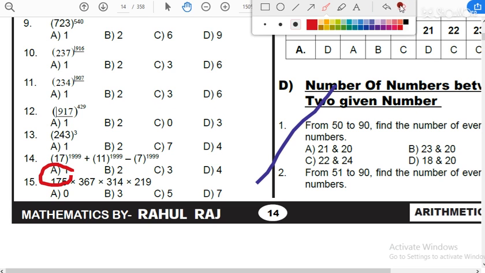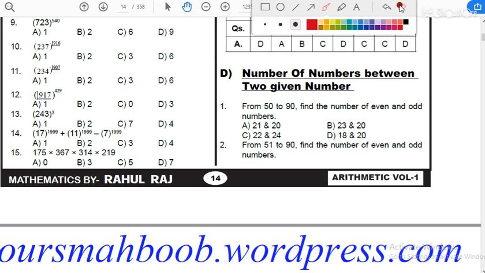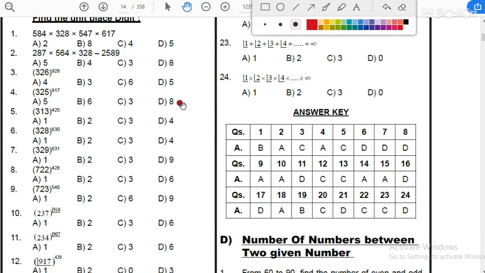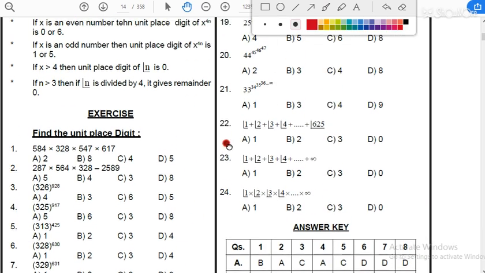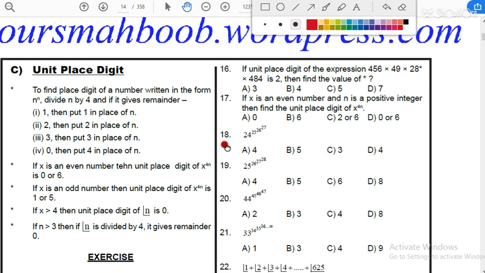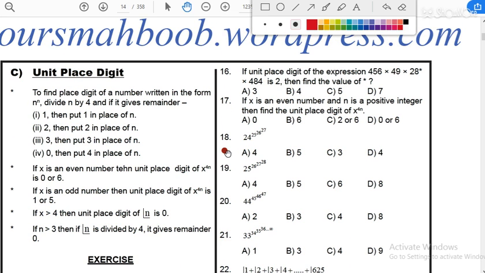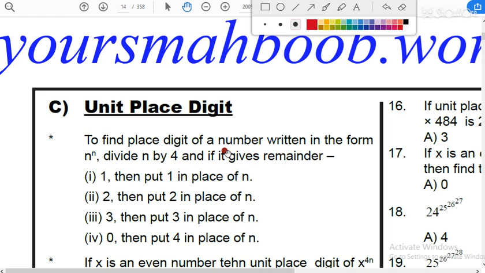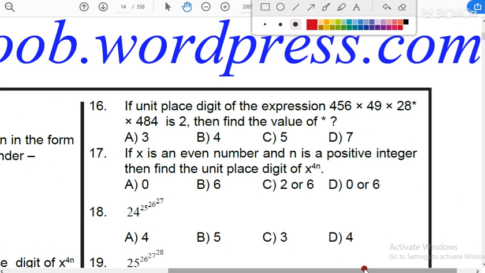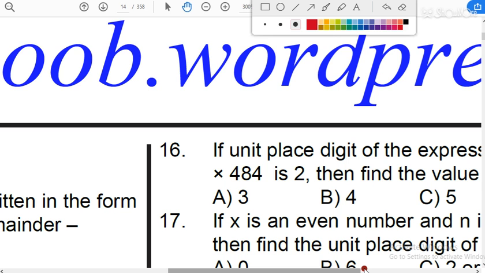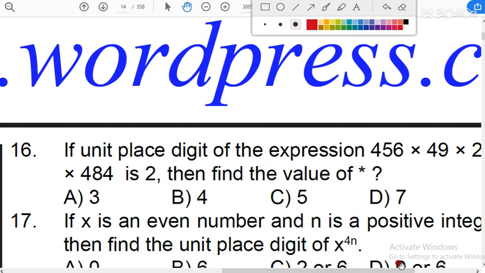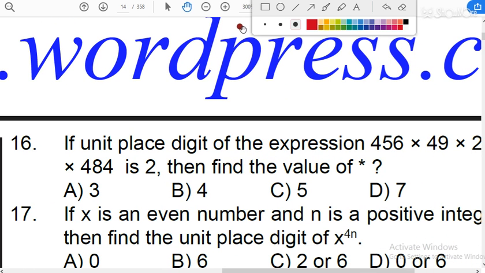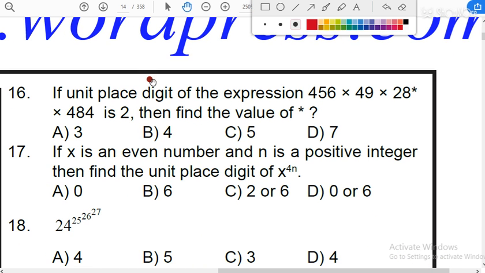So students, in this quick time of approximately 27 minutes, we have done approximately 15 questions. Now I have to move to the next questions. So okay, I have to move to question number 16 now. Is the screen visible to you? Yes, now visible. Okay, I have to reduce its zoom to 250. Okay, now it will be visible.